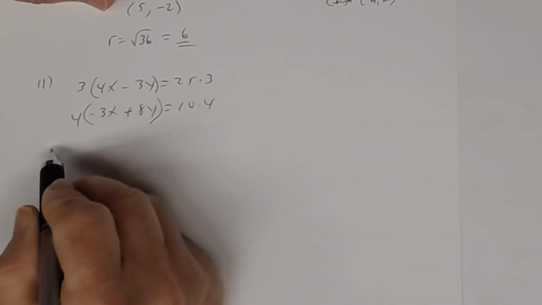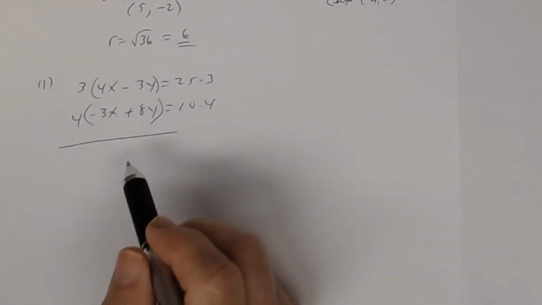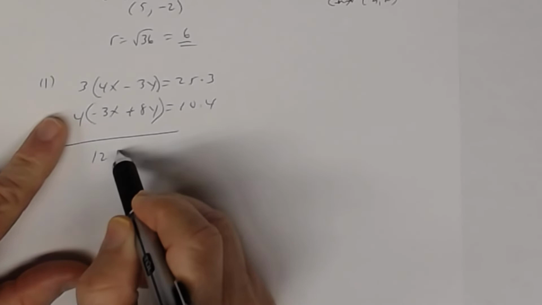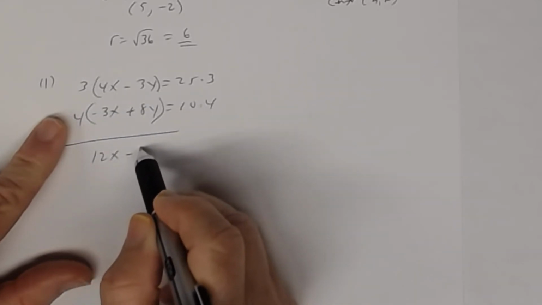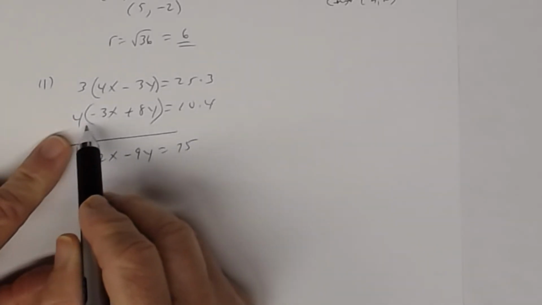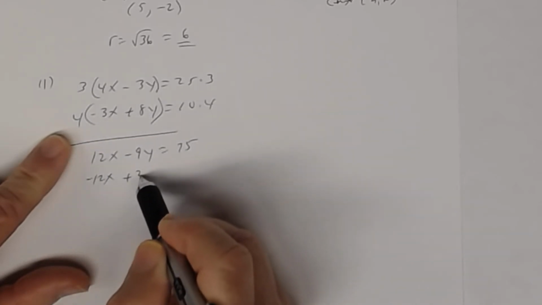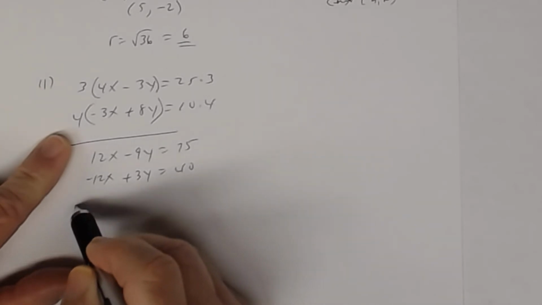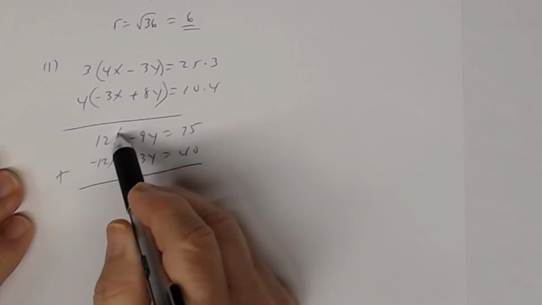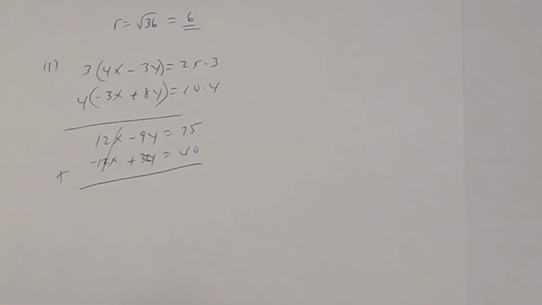And so now I'm going to get a new system. Well, it's not really a new system. It's changed a little, but you still have the same solutions. They're equivalent. 3 times 4x is 12x. 3 times −3y is −9y equals 25 times 3 is 75. And then distributing here, I get −12x. And then 4 times 8y is 32y equals 40. Now at this point, these are opposites, so now I'm going to add. And when I add, 12x and −12x is 0. This is 32y right here. All right, and so